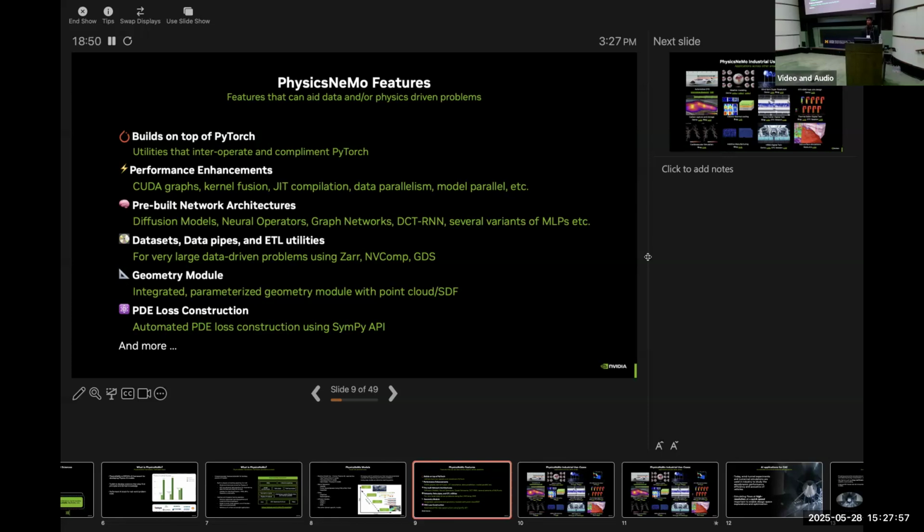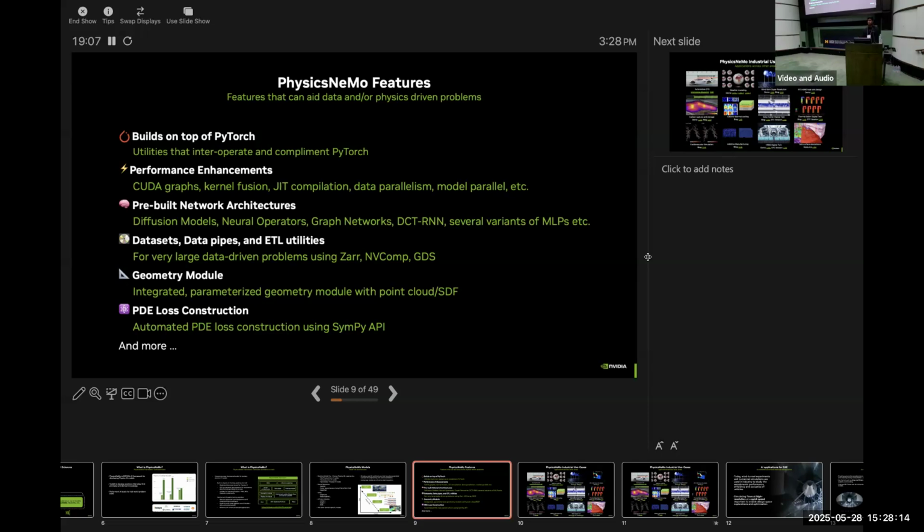We provide performance enhancements, so things like CUDA graphs, kernel fusions, JIT compilation, and data and model parallelism. Functions and utilities to leverage some of these things are provided through PhysicsNeMo.